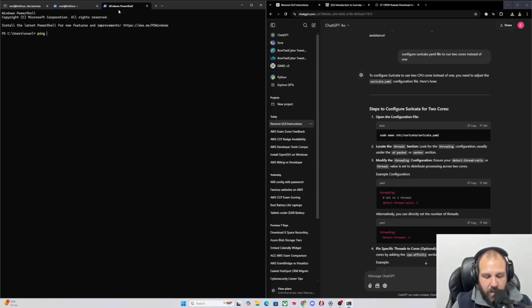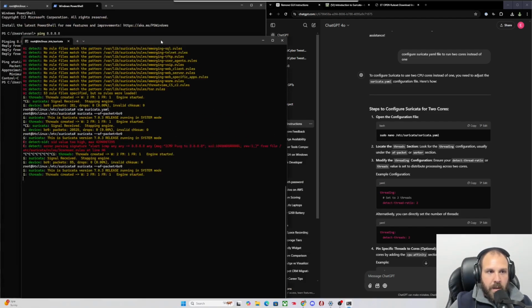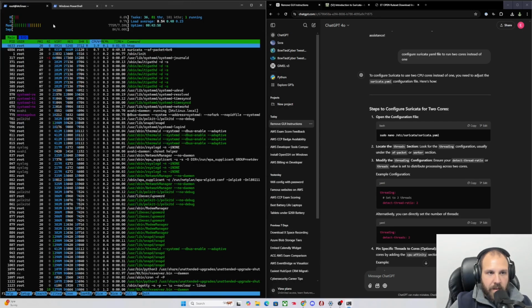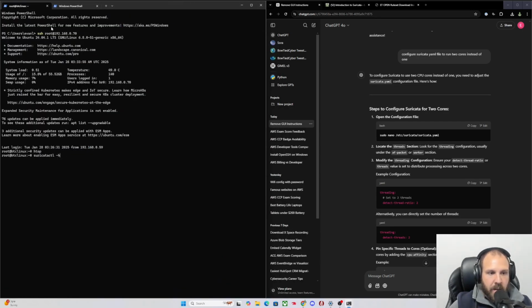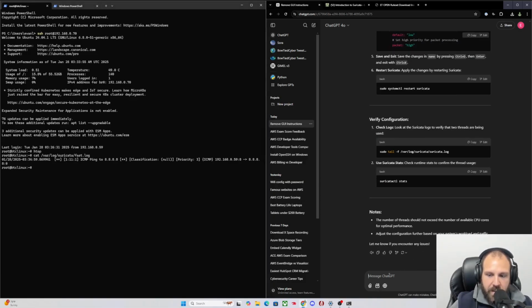So let's go, so you guys can see the power of Suricata. Ping 8.8.8.8. And then if we go here and we query the fast log, ta-da, we now have an alert. Ping 8.8.8.8, everything was just detected. Wow, amazing. Now I'm going to ask ChatGPT,